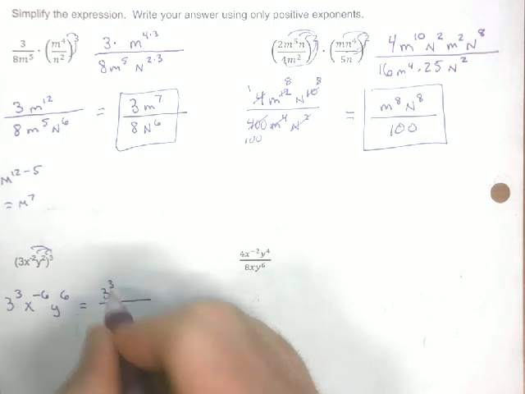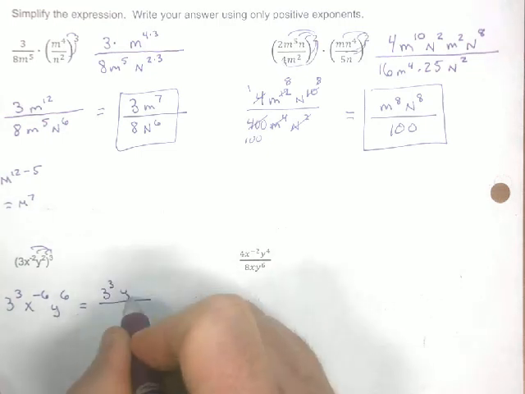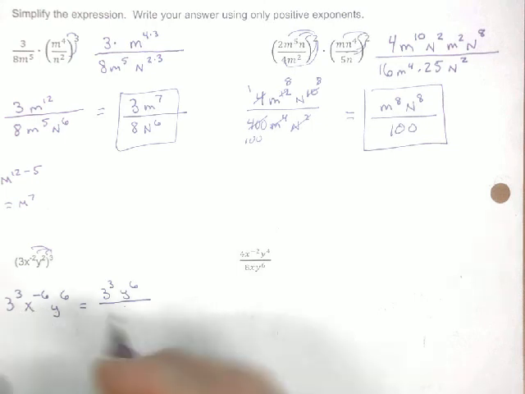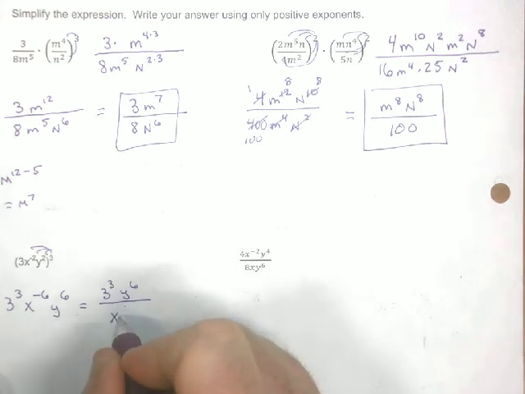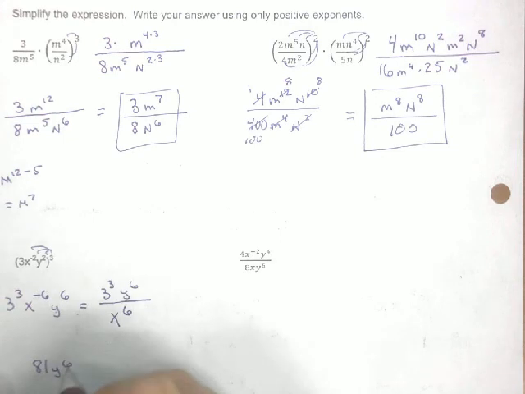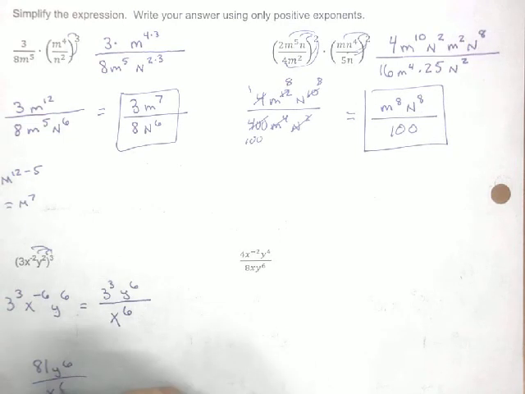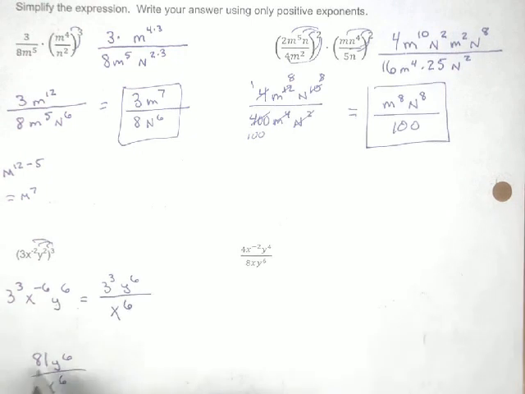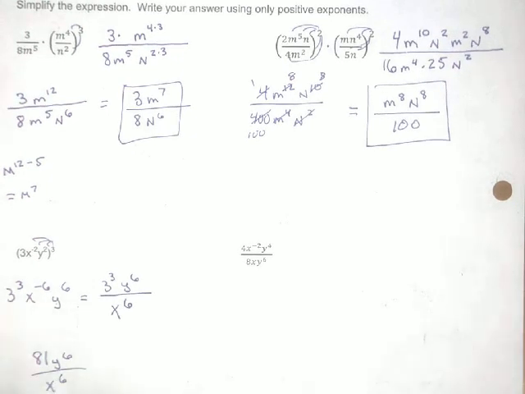Again, here I have to move things. So I'm going to get a fraction because I have that negative exponent. So I will get 3 to the 3rd on the top. Y to the 6th stays on the top. But this minus 6 has to move to the bottom, so it is positive. So that gives me x to the positive 6. And again, this is kind of a small one, 3 to the 3rd. You guys should know that. It is 27, or get used to knowing that. 27 y to the 6th all over